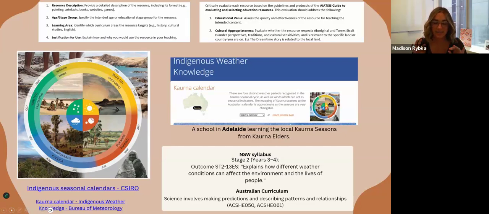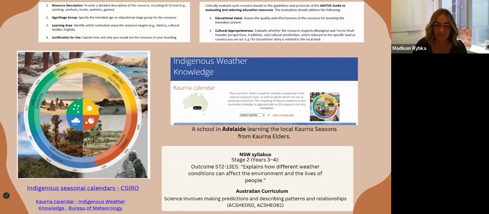I always say as a teacher, look at your syllabus, especially for this assignment. If you are really struggling, you don't know how to connect it, I would find a dot point in the syllabus or your Australian curriculum that I would want to teach. And then I'd go, okay, how would I teach science involves making predictions and patterns? Then I start looking for my resource. That's how I can try and relate that it is hitting that outcome. Its educational value is really important. Again, it's completely up to you how you operate.